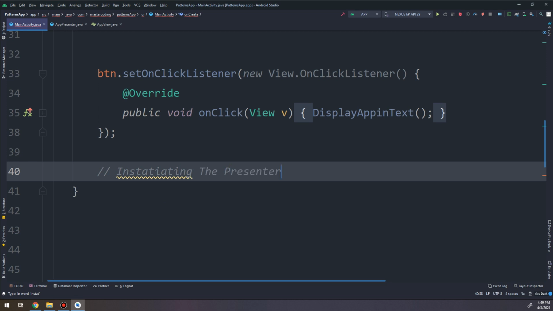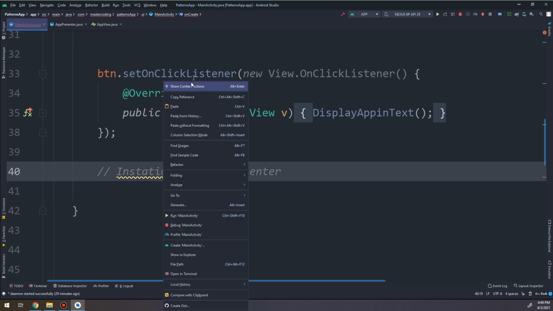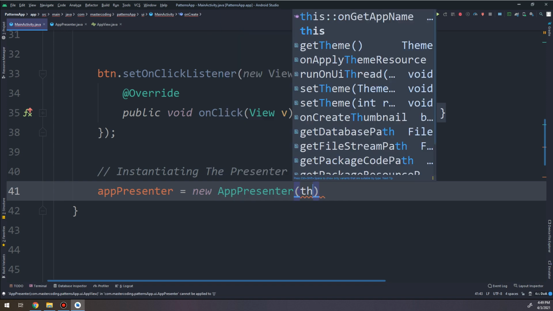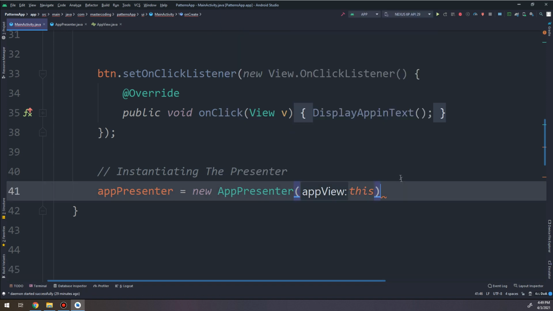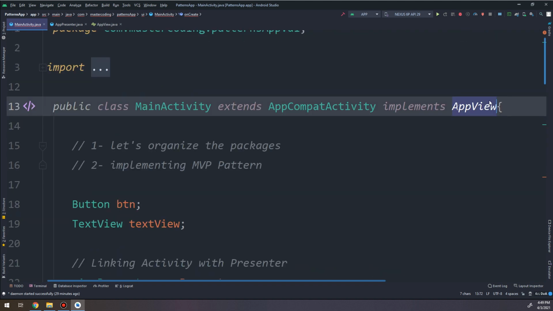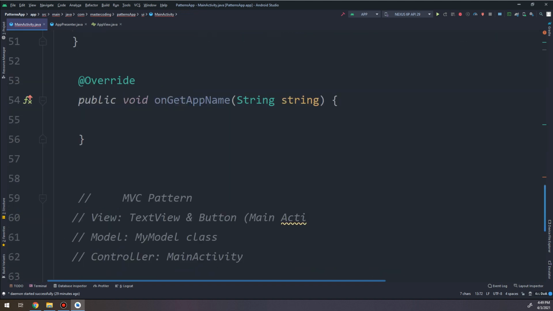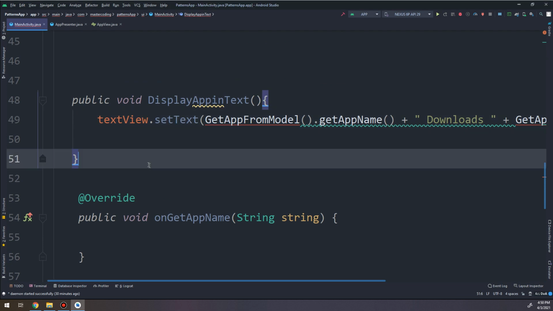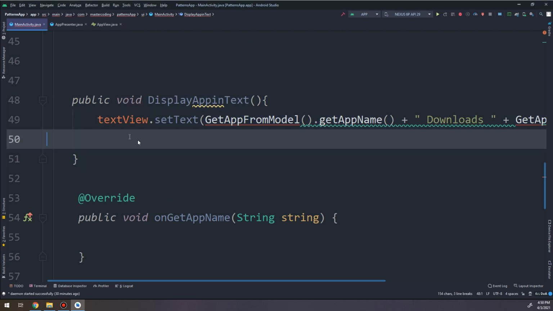Instantiating the presenter: app presenter equals app presenter this. It's very simple here because we are passing it. Now let's solve the error here. I will remove